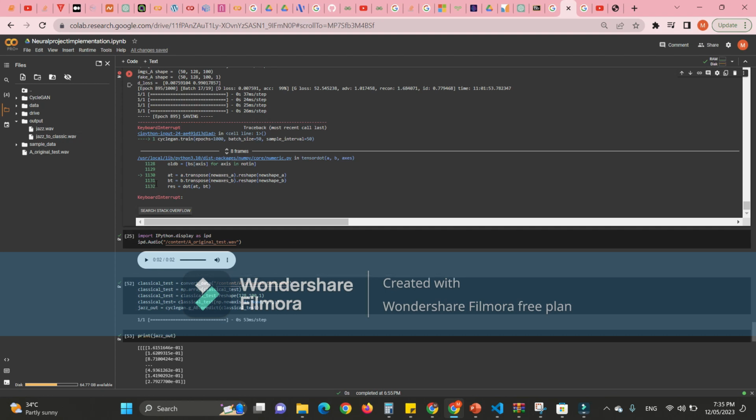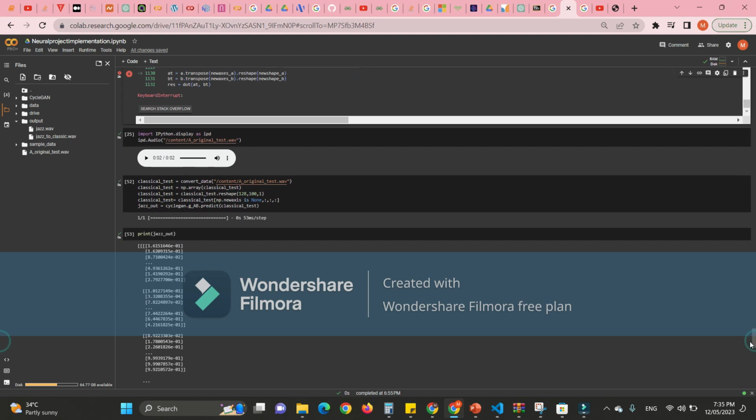After that, to display the ability of the cycle GAN to transfer the style of one music genre to another and to go back to the original music genre, I imported one testing audio, and this is what it sounds like. Obviously this testing audio belongs to the classical genre.